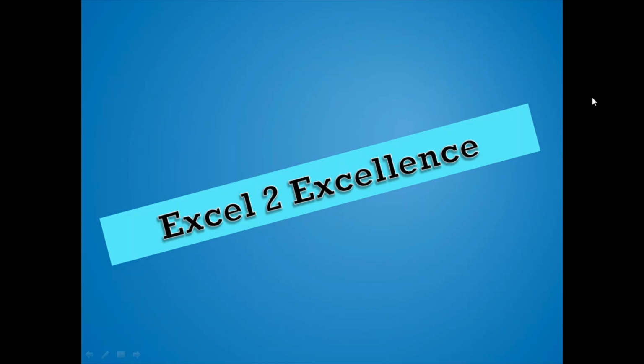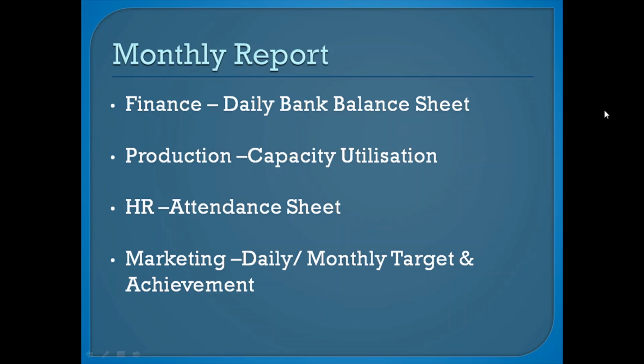Various kinds of monthly reports are prepared to report to the management, where data remain arranged date-wise. The finance team prepares a report of daily closing available balance in the banks and is able to keep control over idle funds. The production team prepares a monthly report to check capacity utilization and optimal production. The HR team prepares it to compute employee salary. The marketing team prepares it to judge the efficiency of the marketing team.